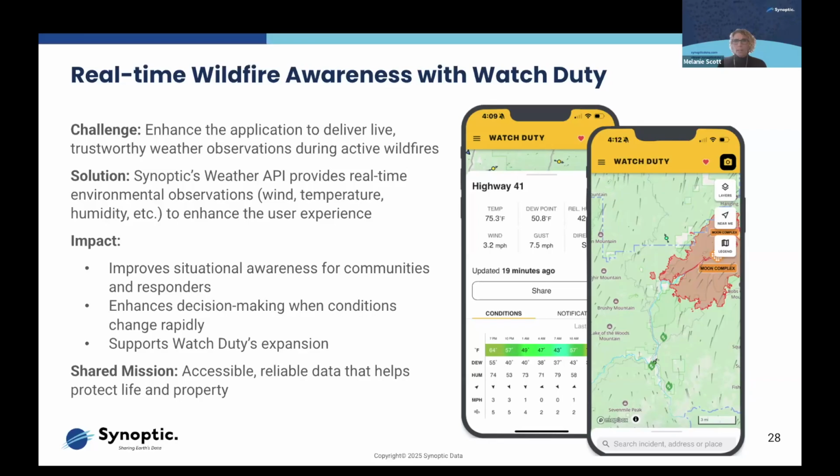I think this is a great example of what we do and how users are facilitating the data for the needs and the betterment of the community. If you haven't downloaded this, I encourage you to check it out. I think it's quite useful, especially in areas where fire weather is a threat. They have some great testimonials on their website of